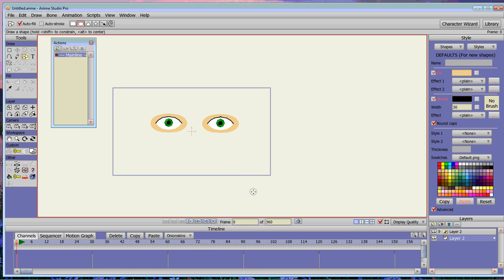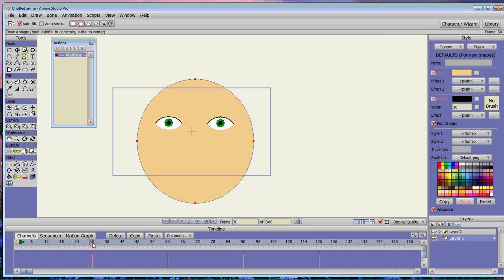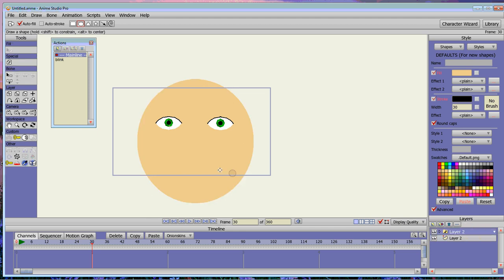And using the circular shape, make a head for it. Now, to show you how easy it is to animate your eyes,